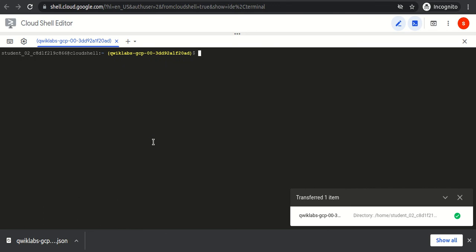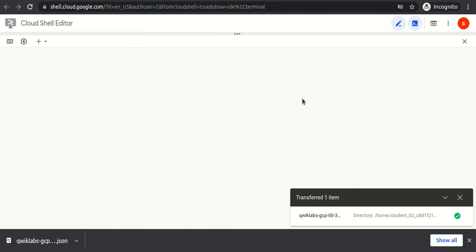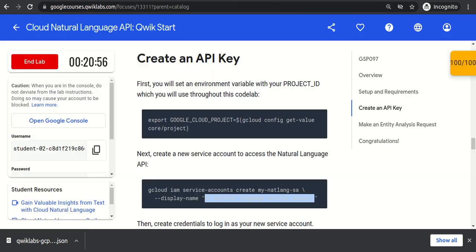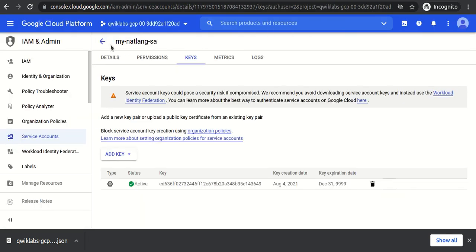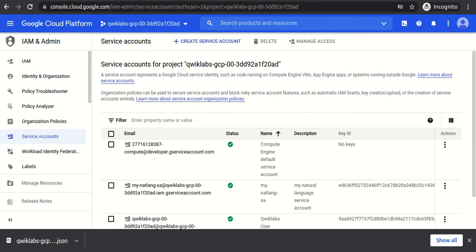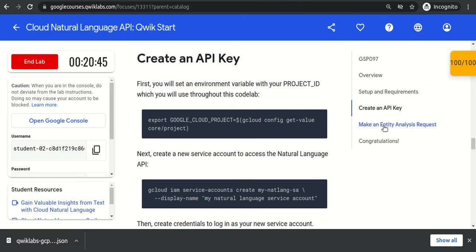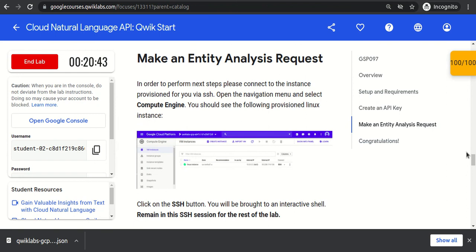So we saw the two ways to create the key: using the UI interface and using the command line interface. We also saw how to call the natural language API.